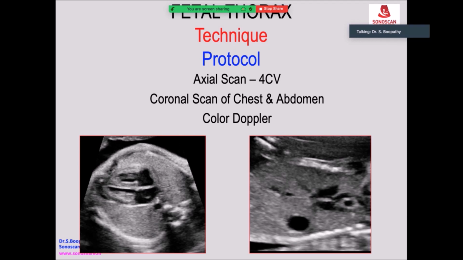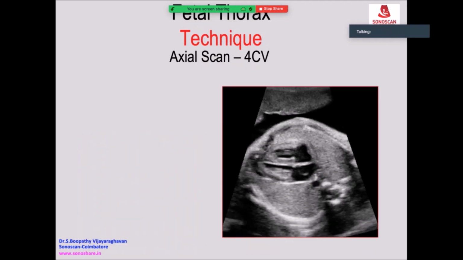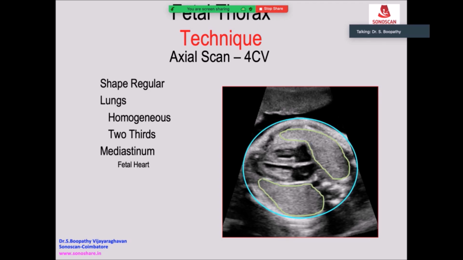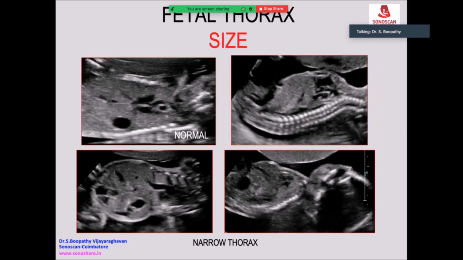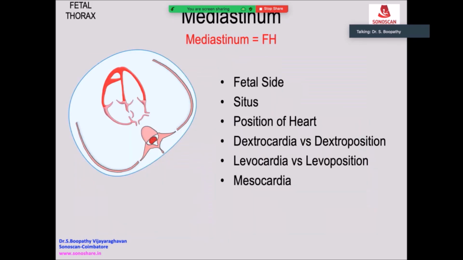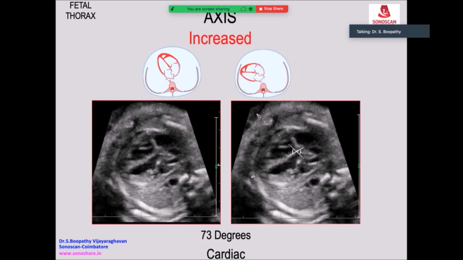the pulmonary vessels. Now, coming to the fetal heart, essentially in the fetus, and then in the mediastinum, you look for the shift of mediastinum, which leads us to study in detail and arrive at a diagnosis. Now, coming to the size of the fetal heart, what are the points you have to look for? You have to assess the mediastinum. You should have identified the fetal side. You all know how to discuss this in detail later.